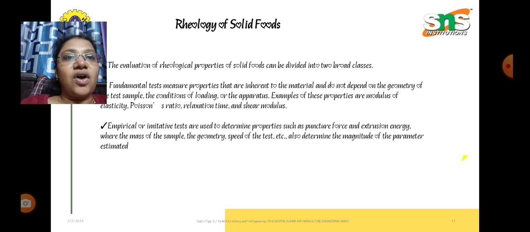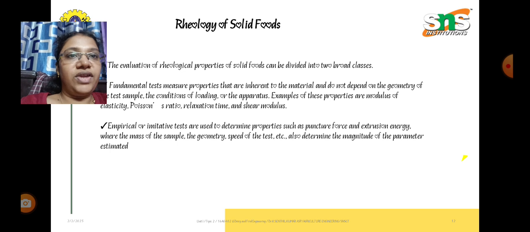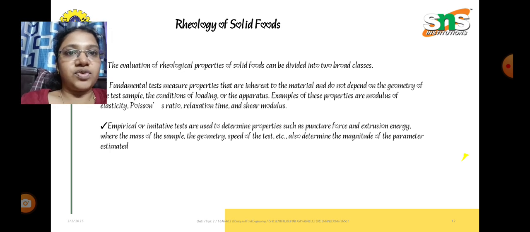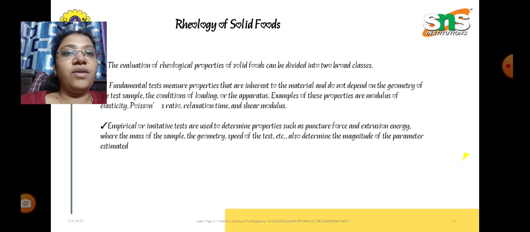Rheology of solid foods can mainly be divided into two classes. We can evaluate it either by a fundamental test or by an imitative or empirical test. The fundamental test will measure the